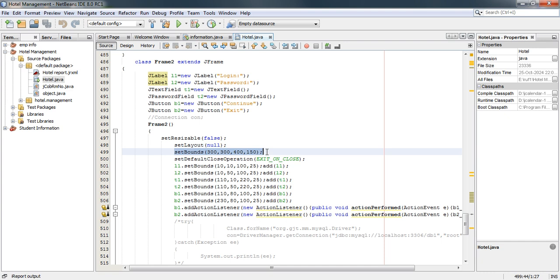सेट लेआउट नल किया हुआ है। सेट बाउंड जो हमने फ्रेम का साइज यहाँ पे सिलेक्ट किया, उसकी यहाँ पे एक्स कोऑर्डिनेट और वाई कोऑर्डिनेट, हाइट एंड विड्थ यहाँ पर हमने सिलेक्ट किए। सेट डिफॉल्ट क्लोज ऑपरेशन एग्जिट ऑन क्लोज दिस बटन। L1 को सेट बाउंड हमने यहाँ पर दी। इसमें x और y के कोऑर्डिनेट हमें देने होते हैं। इसकी जो भी लेबल है उसकी हाइट कितनी होगी और विड्थ कितनी होगी, ठीक है।